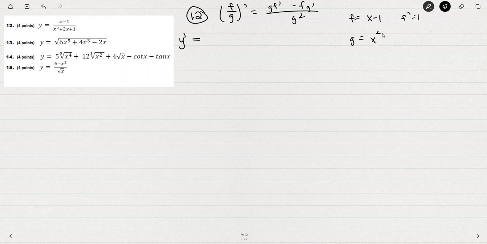G is x squared plus 2x plus 1, and the derivative of g is 2x plus 2. So g times f prime is just 1, minus f, the numerator, times g prime, the derivative of the denominator,